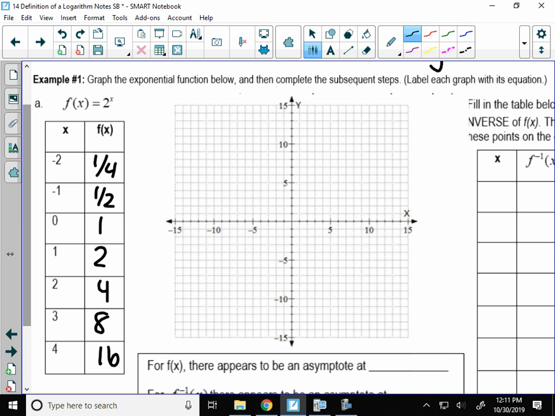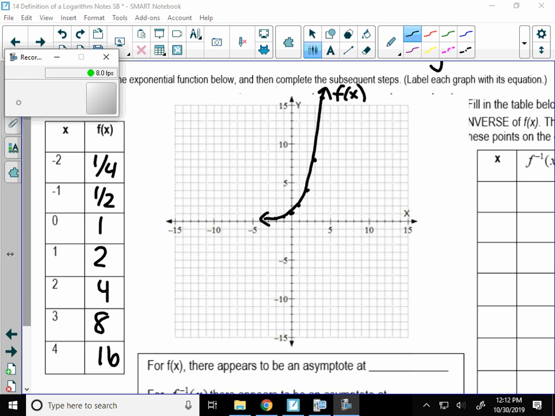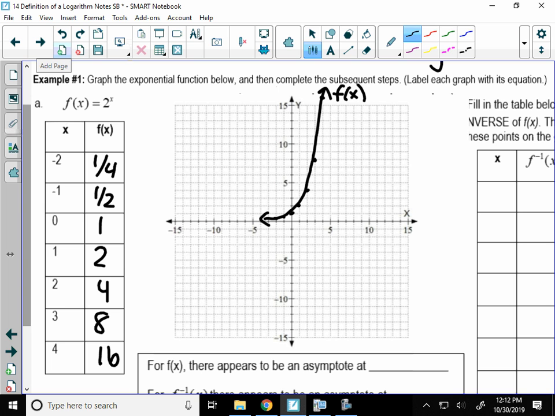So go ahead and just use your calculator here. I'm going to plot it up here as well while you're doing that. And then graph that function. We all agree that that's what your graph looks like. That graph we talked about earlier in the unit has an asymptote. Where is the asymptote of that graph?